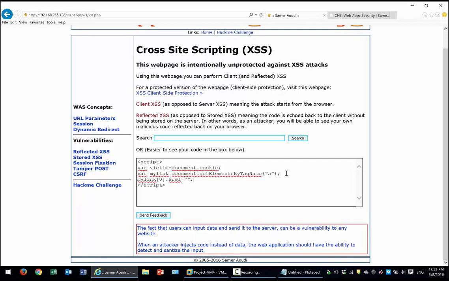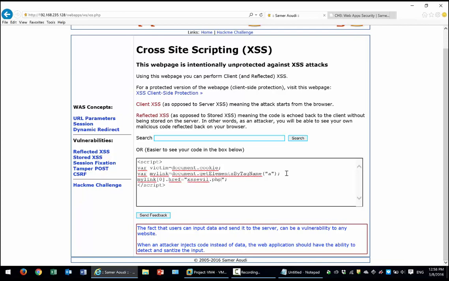This is basically my evil page where I am waiting for an input from that page. I'm the attacker. This is my page, and if the victim clicks it, I'm gonna send to my page their cookie information. So conveniently enough, I created a PHP page called